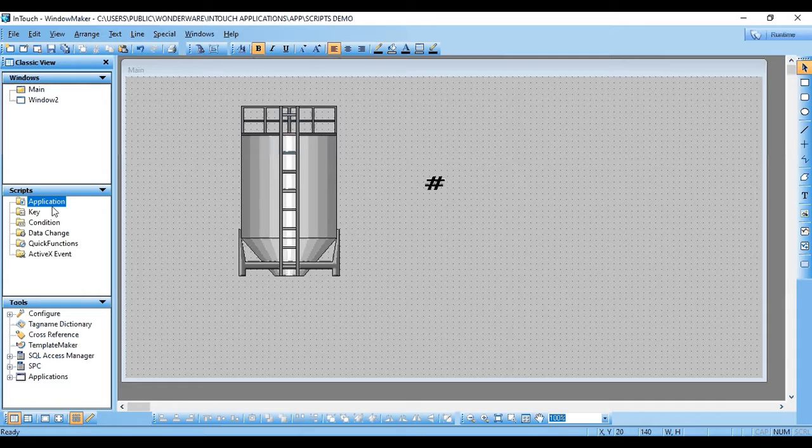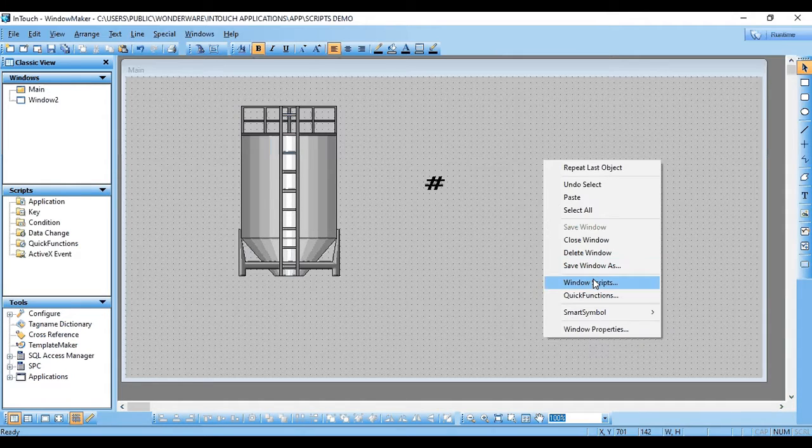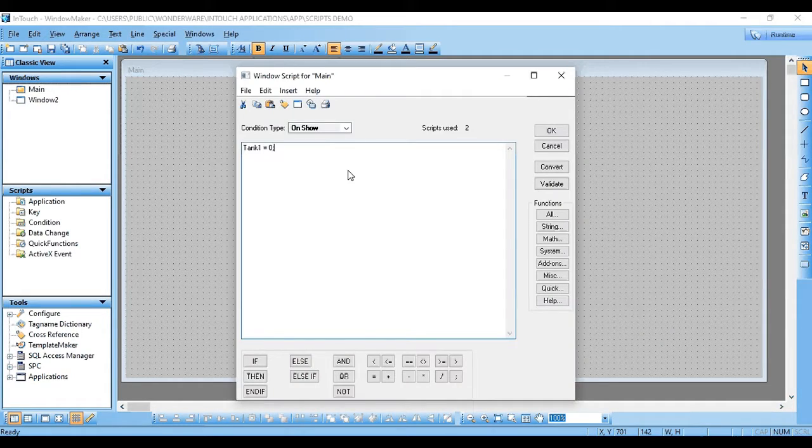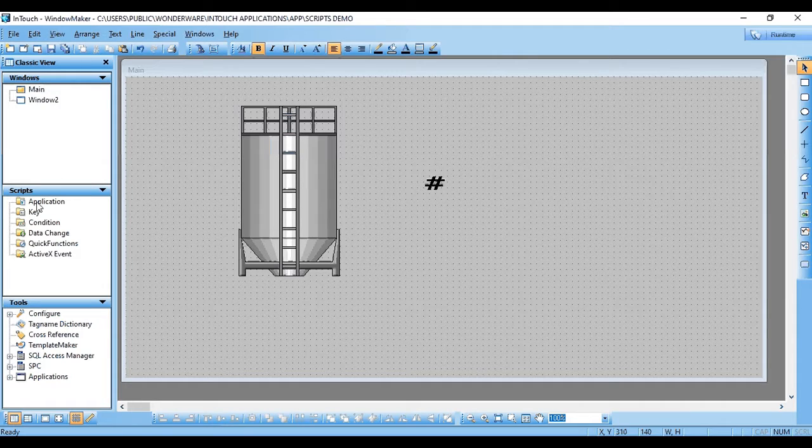So let's add this window script to our application script. While showing, I'm removing it from here and adding it to our application script.